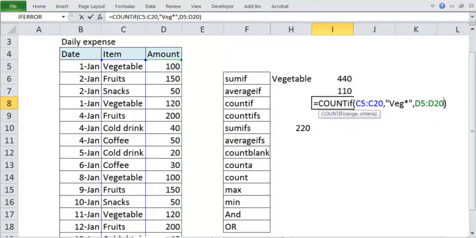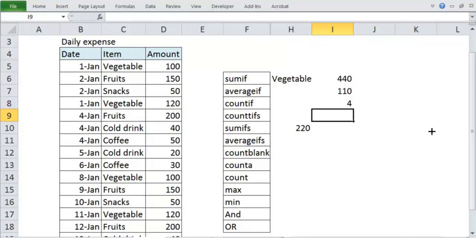We are saying the range is C5 to C20, and the criteria should be veg star. So see, I have got 4 counts. As the average also says, this is your average and this is your count. The same way COUNTIFS will work across multiple columns, and AVERAGEIFS will work across multiple columns.